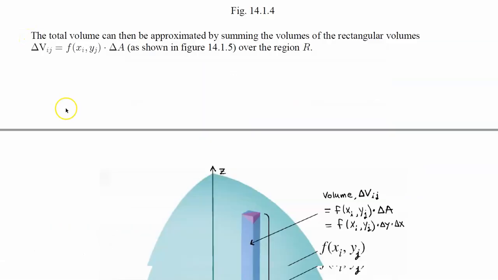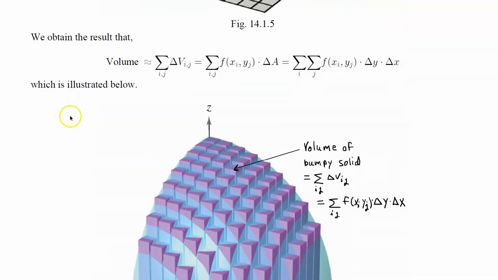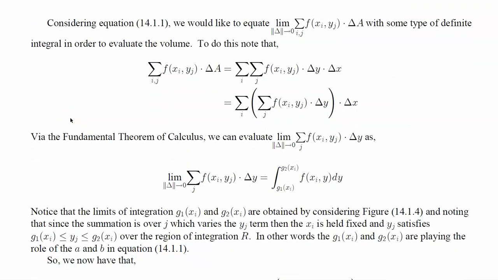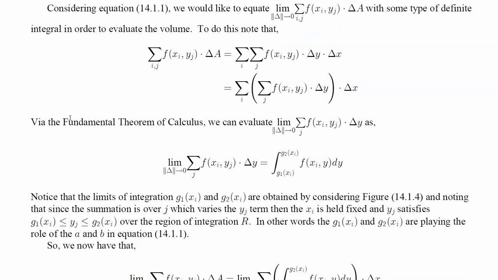Now let's go back down here. Okay, so we see that this just turns into this integral. And now, what's going to happen with this summation here? Well, it's also going to turn into an integral, and this is going to turn into a dx. So that's what we have down here.